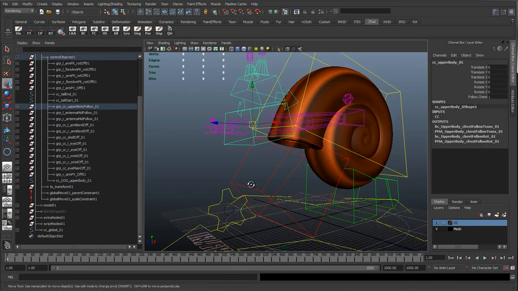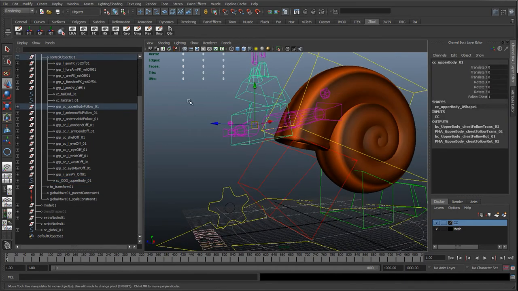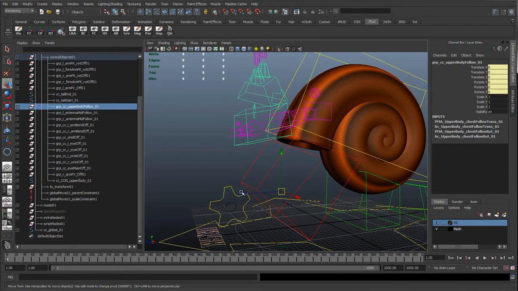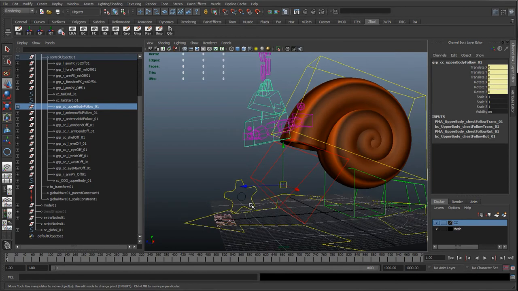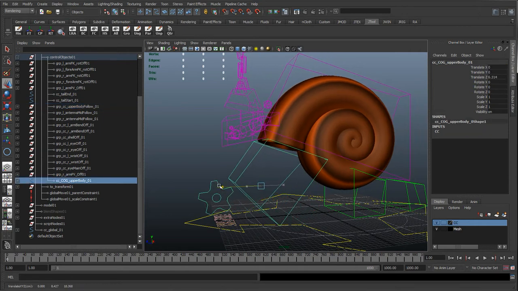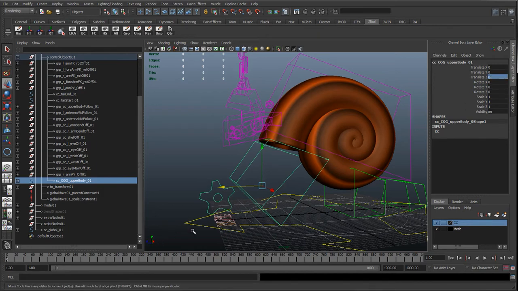But what we'll need to do is, if I do parent these upper body controls, so you can see they're in a group, but if I parent this group to the cog, what's going to happen is you're going to get some double transformations. So that means it's going to happen twice, whatever we do. So if I move this, say like 6 in Z, that's going to move the chest control 6 in Z because it's a child of the cog.